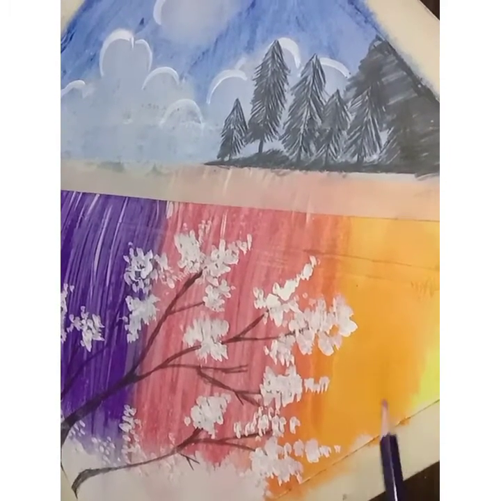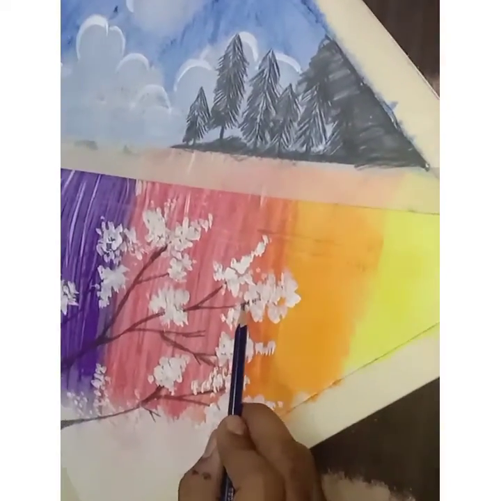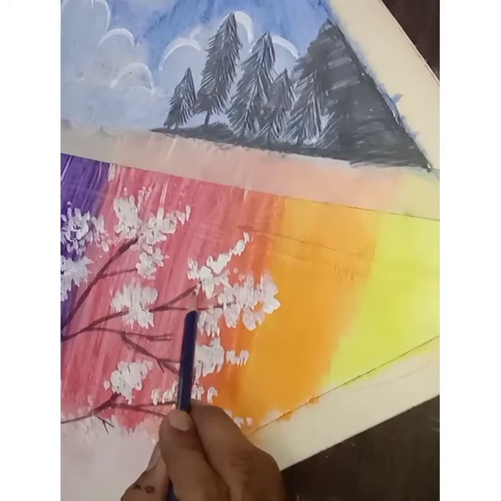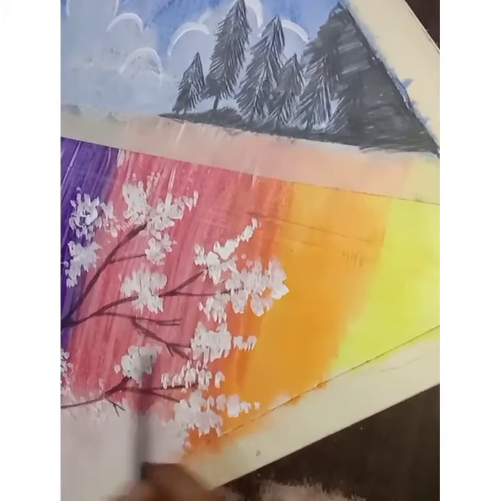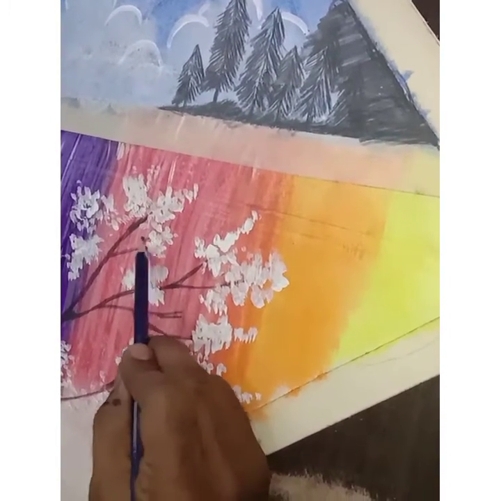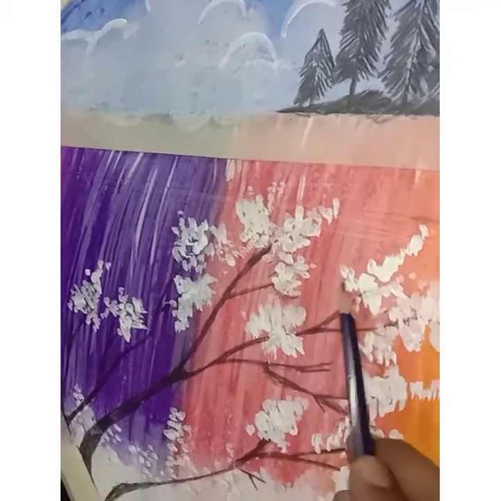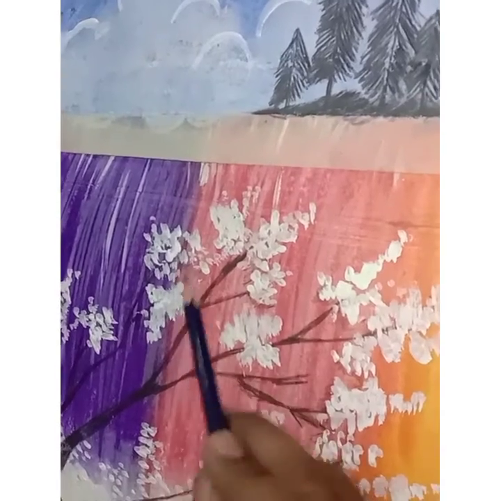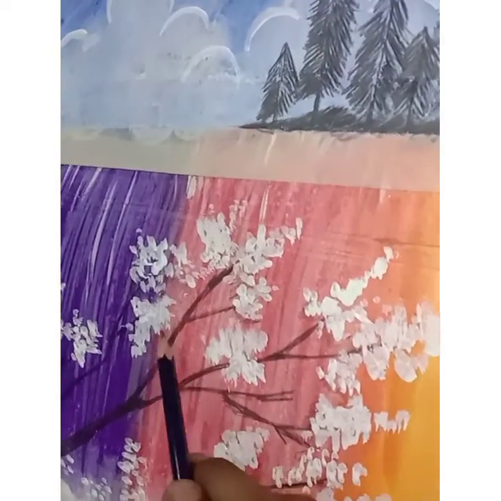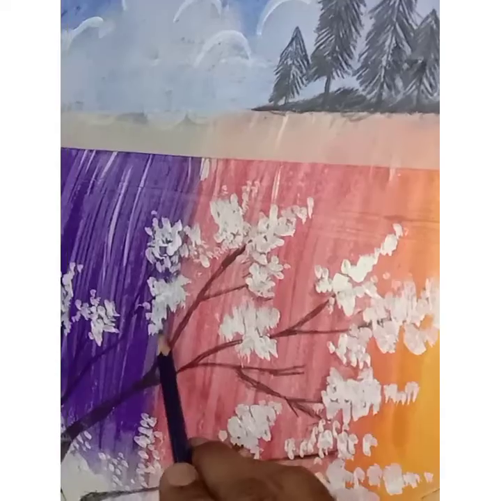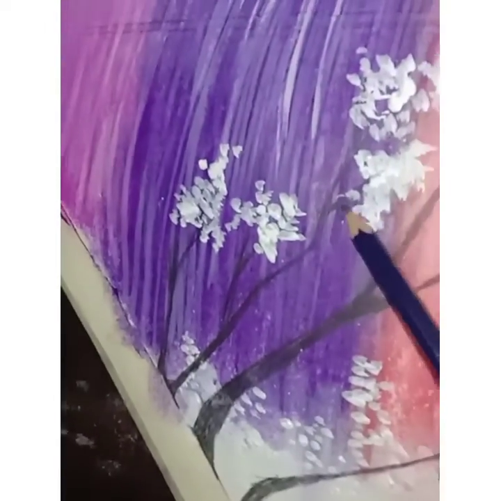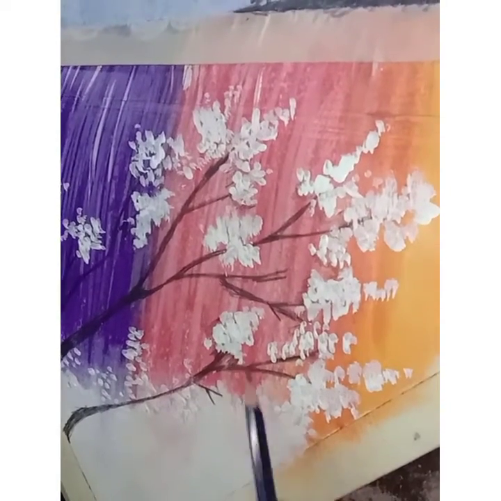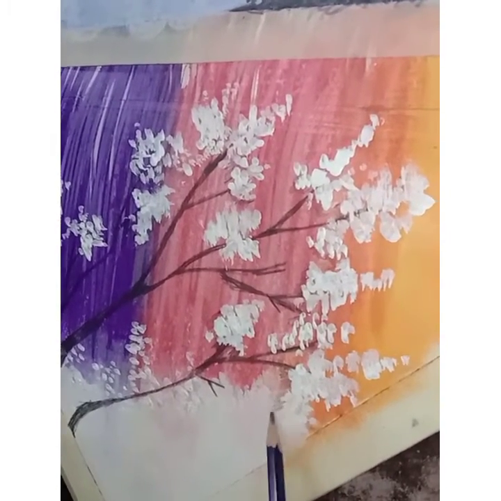And after completing this one, you're going to take a dark pencil and just downside you're going to give a dark shade for the leaves wherever you have applied white color, so that the white leaves will be highlighted. To show the highlight with the black down to the white color where we have shown the structures of leaves. In this way, just give strokes of black with the pencil. The work will come upside. In this way we can show.